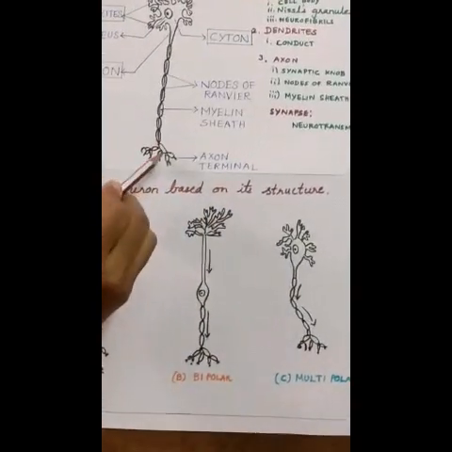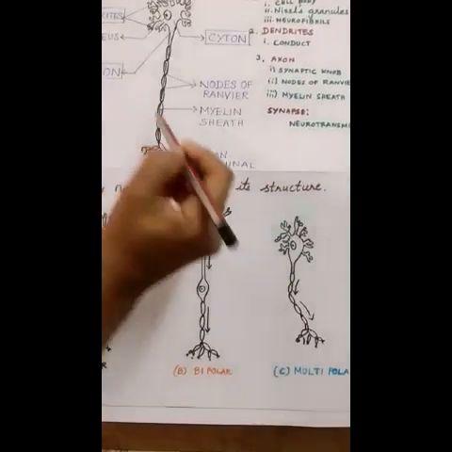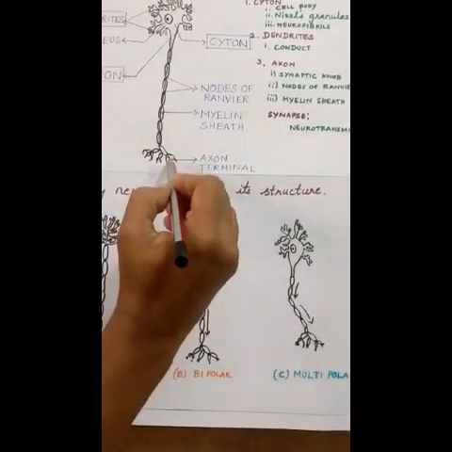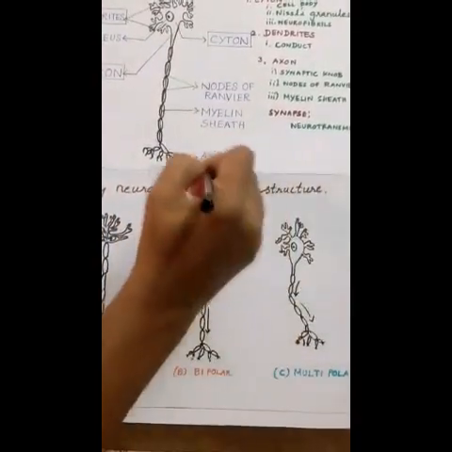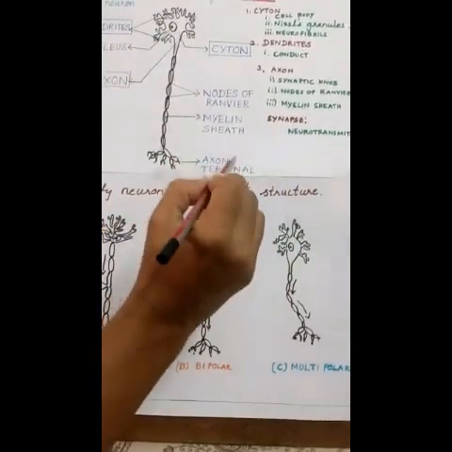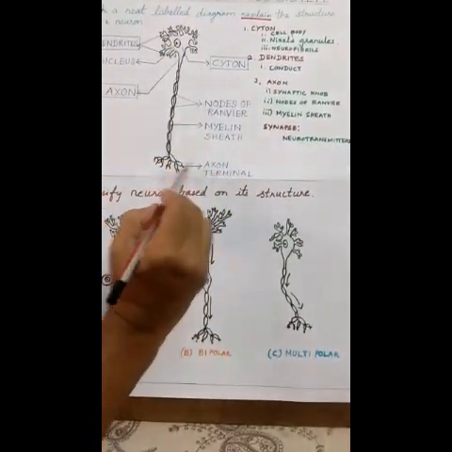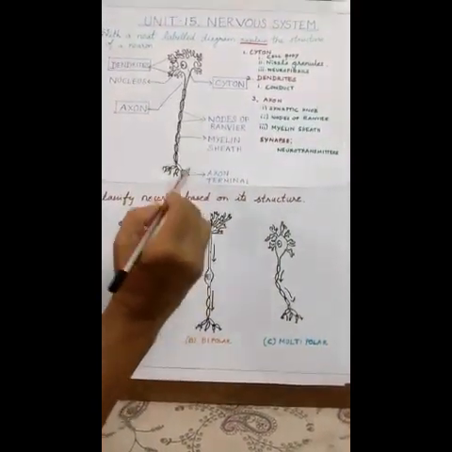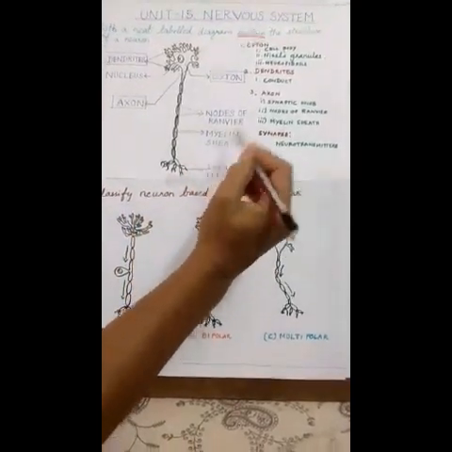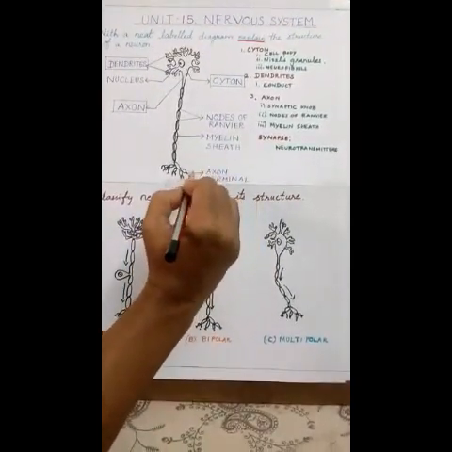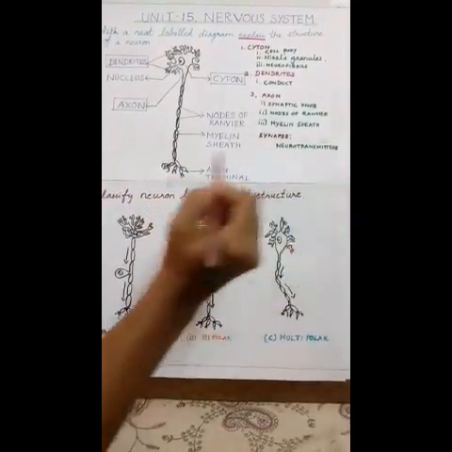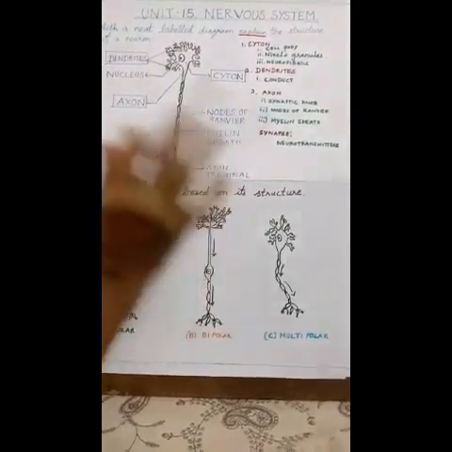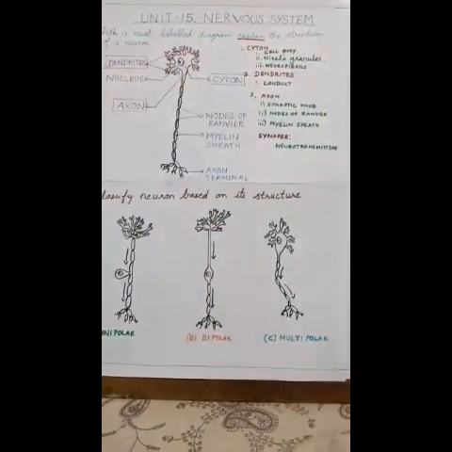The next heading is synapse. Synapse means a junction between the synaptic knob of the axon of one neuron and the dendron of the next neuron. So there is a junction between this synaptic knob and another neuron. In this junction, a chemical substance is released. This substance is called neurotransmitter, which helps the nerve impulse to transmit. So this is the explanation for the structure of a neuron.